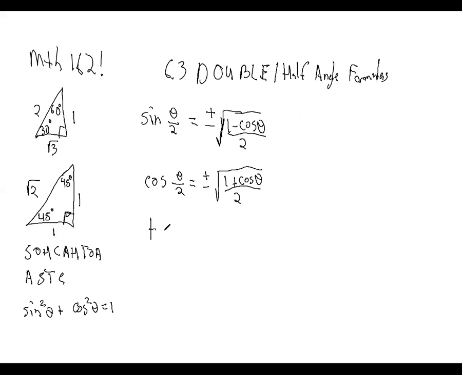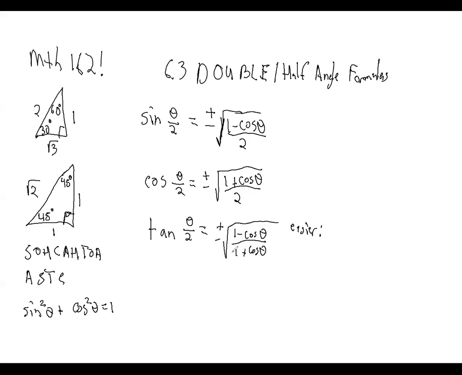And then I believe I gave y'all, and it's been a while, the version for tangent that looks like this, and I mentioned that there's a better one. So this goes plus or minus the square root of 1 minus cosine of the doubled angle over 1 plus the cosine of the doubled angle, which you can basically see is just the sine over the cosine, because the 2's in the denominators would cancel each other out when you do your compound fraction. But there's an easier